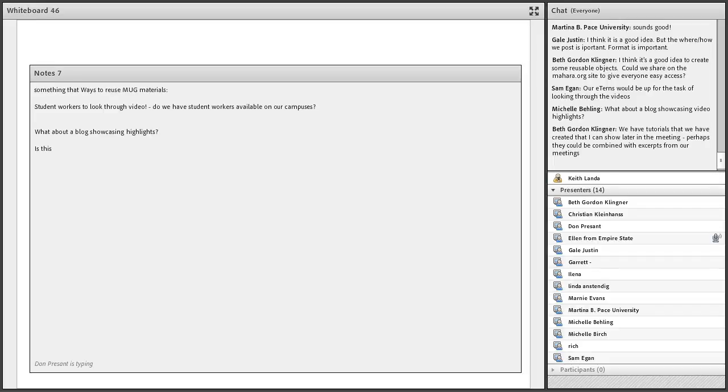Yeah, some of the learning object repositories, or it was suggested to put it on Mahara.org. I know that they have a place where they post presentations, and I wonder if they could create a category for reusable learning objects. I don't know, it's just a thought that we might do something like that.